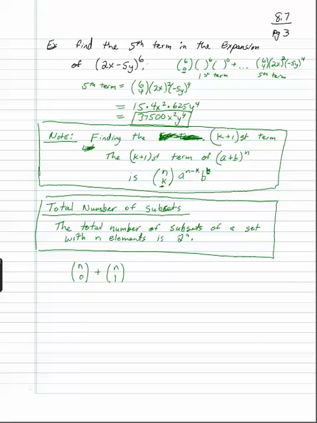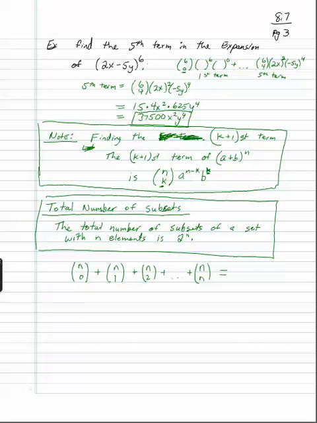So this is the first one, the number of subsets with 0 elements, which is just 1. N choose 1, n choose 2, dot, dot, dot, all the way to n choose n. That'll give you the total number of subsets, which is going to be equal to